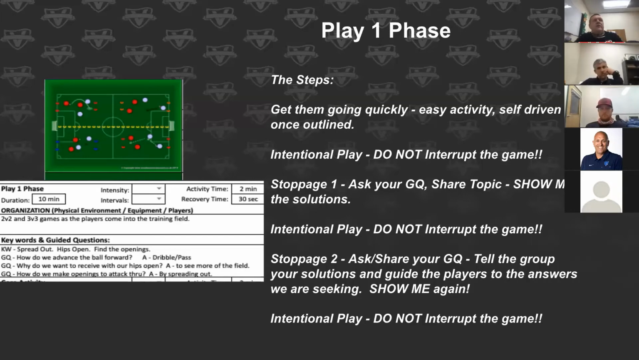But get them going quickly, give them 5 to 10 minutes to just get used to the ball, get used to their teammates, have a little bit of that social time in the context of the game, but get them engaged and eager to be moving. This first intentional play phase, do not interrupt the game. Keep them playing, let them play, let them have the time. In stoppage one, we would let them play for, say, 3 to 5 minutes. We'd call them in,